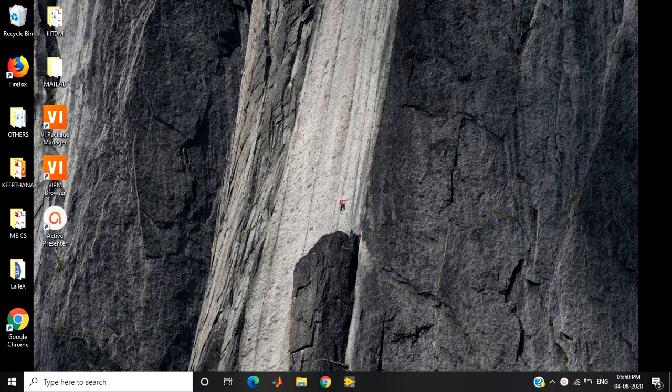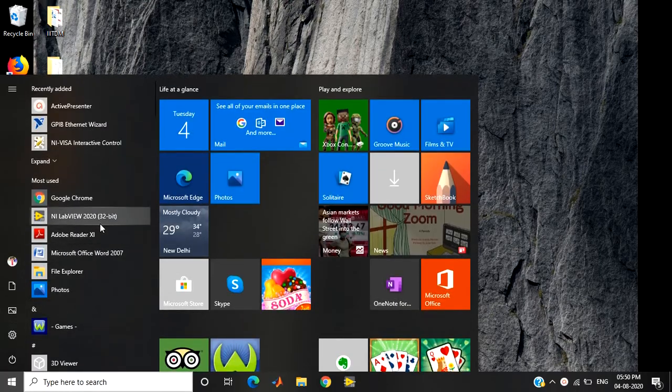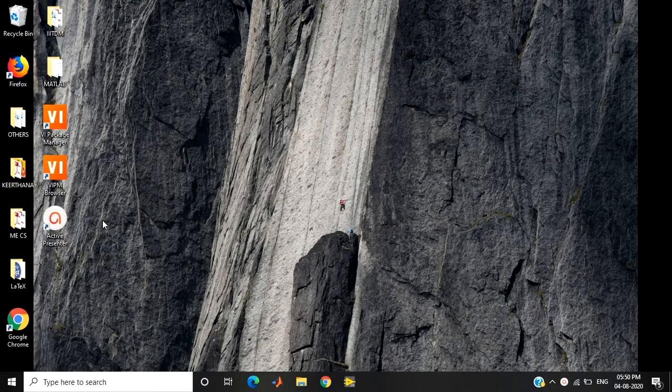After installing LabVIEW in your system, go to Start, select NI LabVIEW 2020.